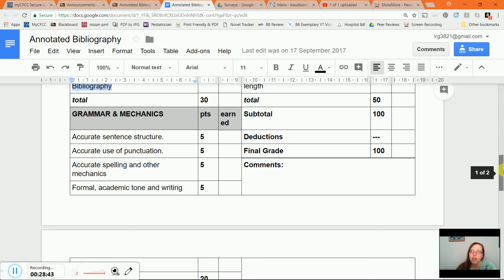And if you don't, then you need to work with yourself to improve your grammar, or have somebody proofread your work, or take your work to the learning lab, the writing center, and have them help you with it. They're not going to proofread it for you and make all the changes for you, because that's not what they do there.